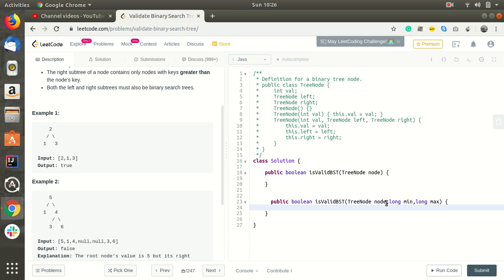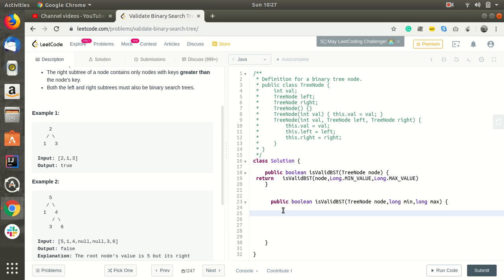Initially these will be initialized with the function call, returning the node, Long dot MIN value, Long dot MAX value.